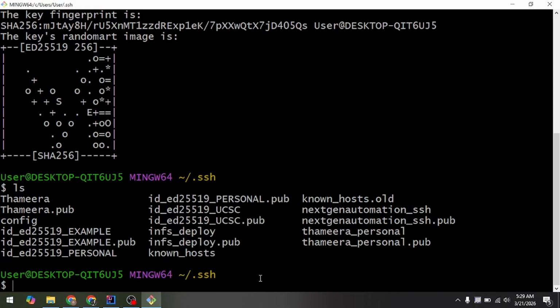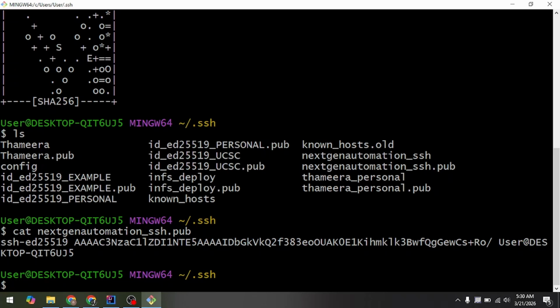So then what you need to do is type a command called cat. That means basically it will show the SSH key, right, using the cat command. So you can say cat nextgen automation dot ssh dot pub, right? So basically you need to get the output to your screen, right? Here this one is the public key, right? So I just copy this one,